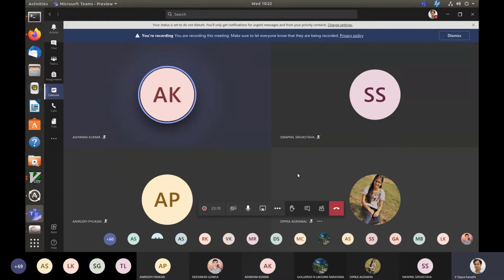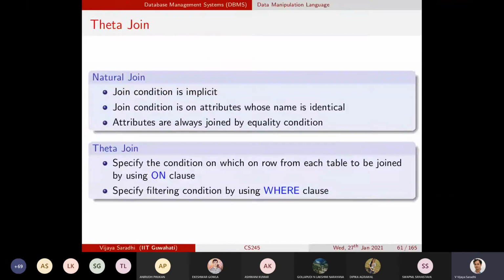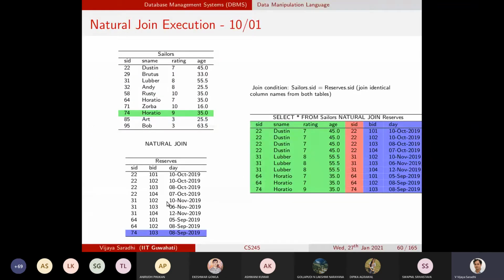No. See, let me just clarify that these are the table operations. The constraints, we are not even looking at the constraints. Foreign key is a constraint that must adhere on the tables, either the sailors or the reserves. For example, if you say SID in the reserves is a foreign key that points to the sailor's SID, still it is a constraint.